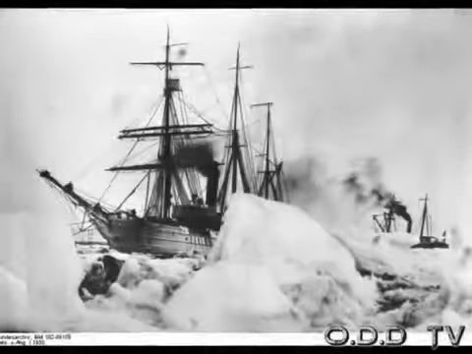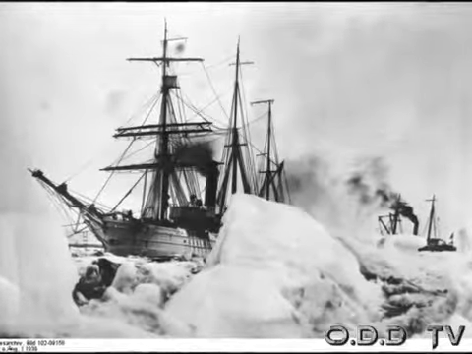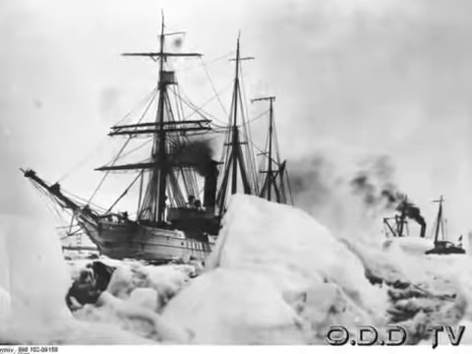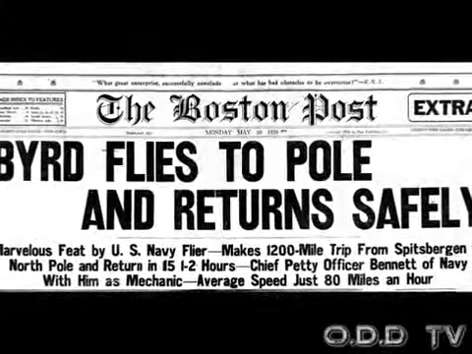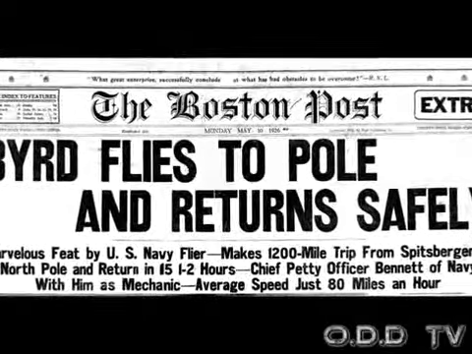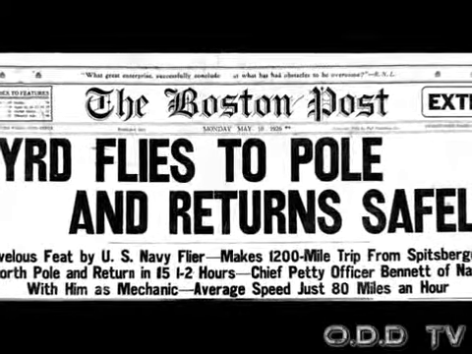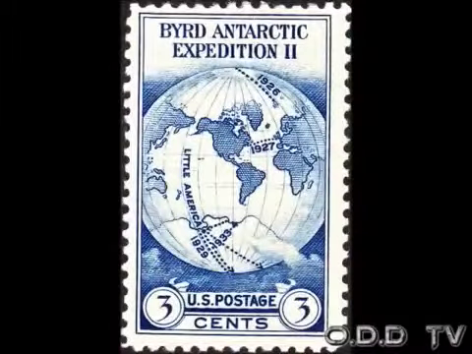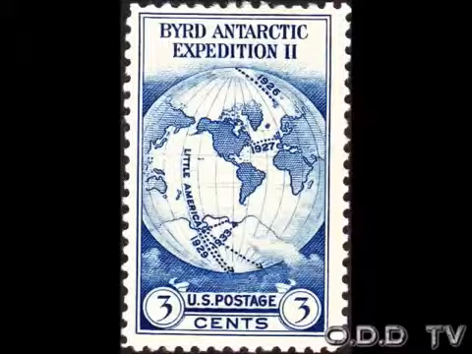The first large-scale mission was an expedition to Antarctica in 1928. This was noteworthy because even though he had just flown over the North Pole in 1926, all expeditions from 1928 on were focused on the South. The expedition lasted 2 years, and during it, at the age of 41, he was promoted to admiral. His second Antarctic expedition ran from 1933 to 1935, and his third from 39 to 40. While in Antarctica,